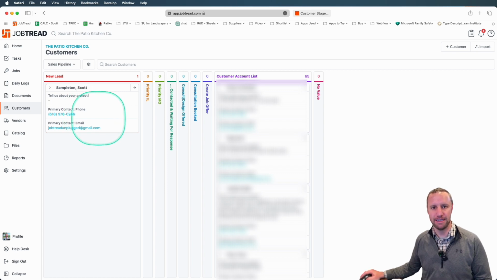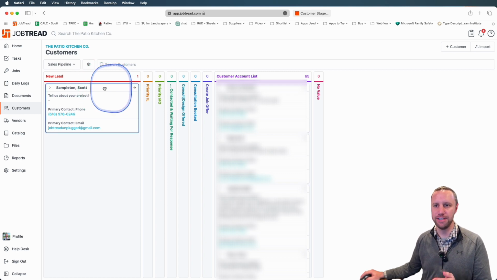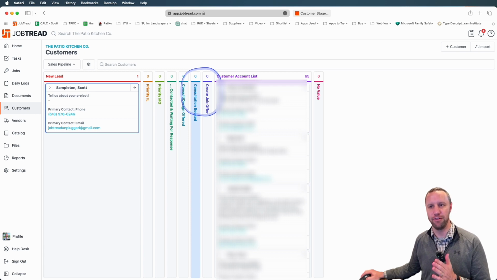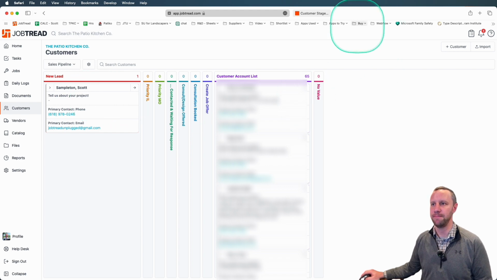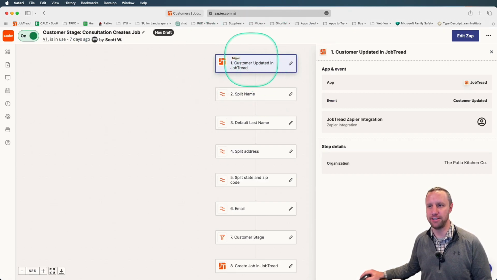But we want to automate this. So what we want to be able to do is move this from new lead to consultation booked, and for that step to create a job for us. And here's how we're going to do that. We're going to go into Zapier and we're going to create a Zap that's triggered with the app event customer